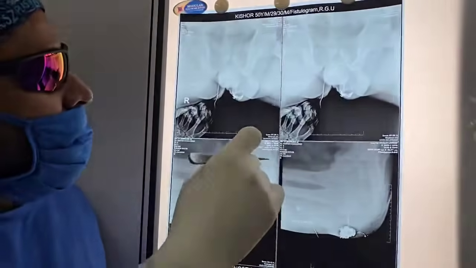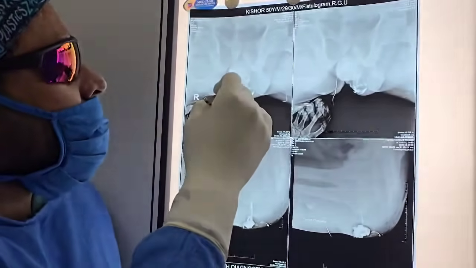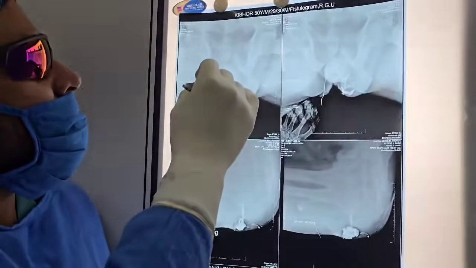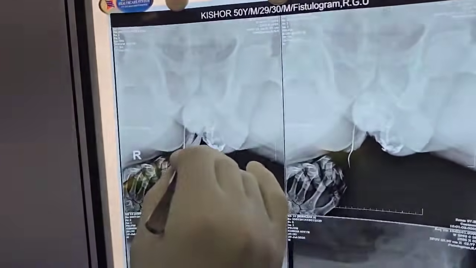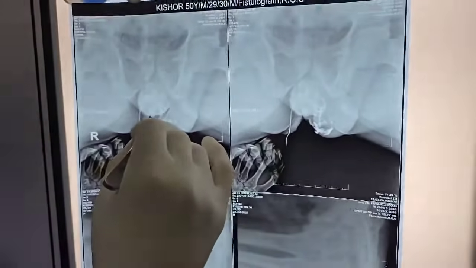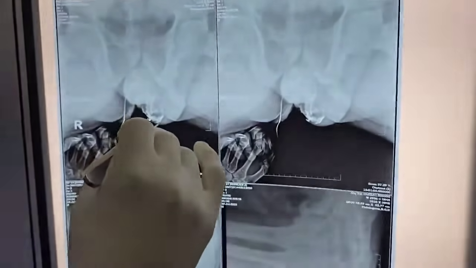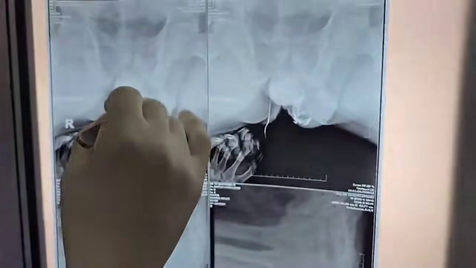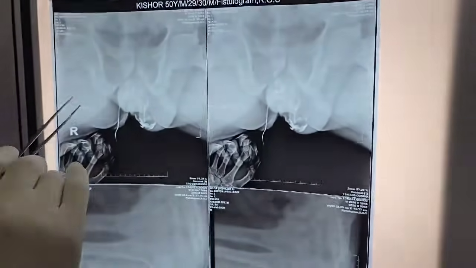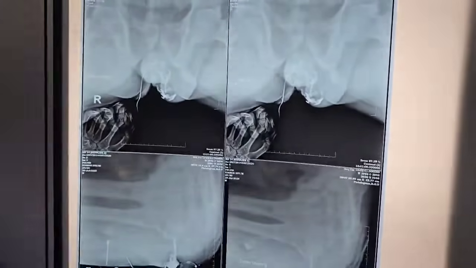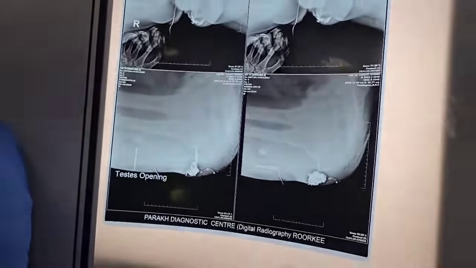And in the anterior view, you can also clearly see the catheter is passed from the external opening, that is the scrotal opening. Then it enters into the cavity. You can see this is another track, and this track attains the shape of a horseshoe. This is a scrotal opening, or this is a testicular opening. And whereas in this